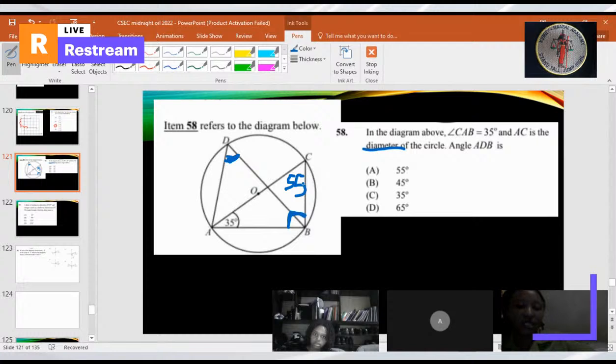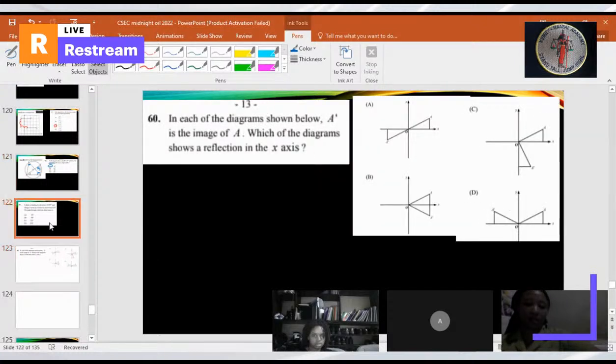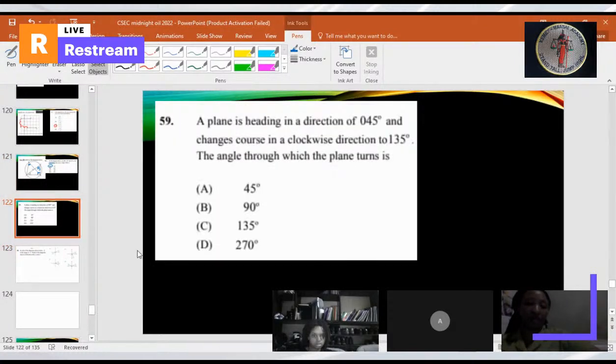And then we can go to the next rule now. Angles in the same segment are equal. So this is the same as the 55. These two angles are equal because they touch the same chord. Okay, miss. All right, so the angle is 55 degrees, which is AB, right? Yes, miss. Okay, 59. A plane is heading in the direction of